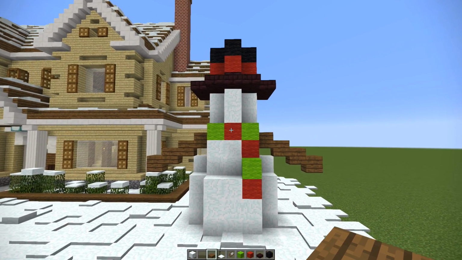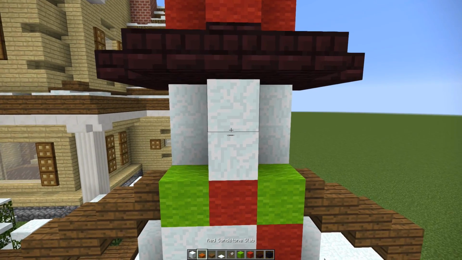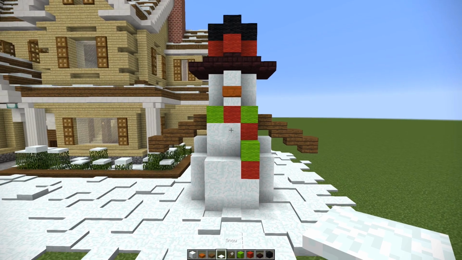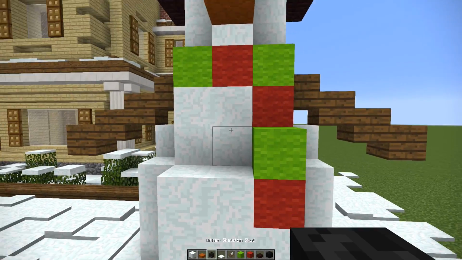There we go, we've got 2 arms. Add a carrot nose, and fortunately there is a nice red sandstone slab, which is nice and orange. Now, there is something missing quite obviously. Now you can use these wither skull heads as buttons